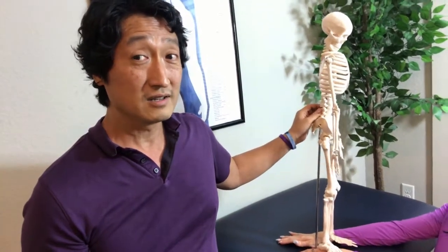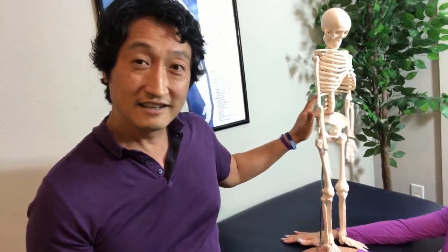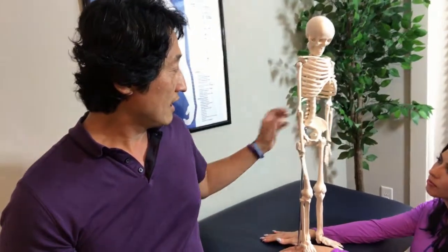And a lot of times spondylolisthesis goes undiagnosed unless they actually start getting symptoms and go in and get an x-ray, et cetera. And a lot of DDD, degenerative disc disease, gets undiagnosed as well because they don't become symptomatic right away, but when it's too late. So let me go ahead and show you a movement, but before I do,